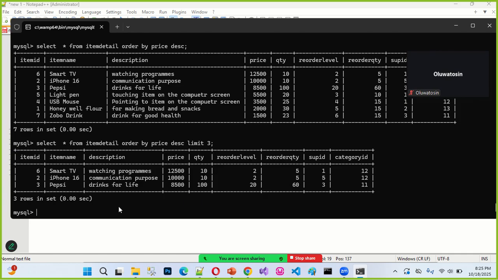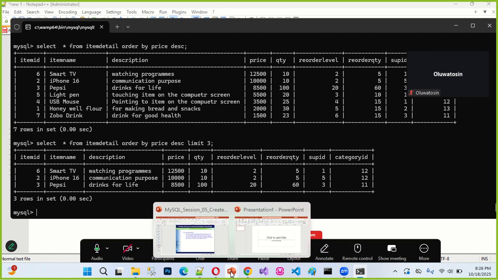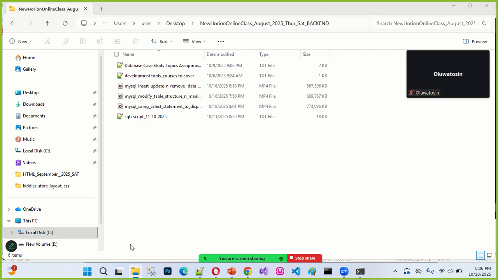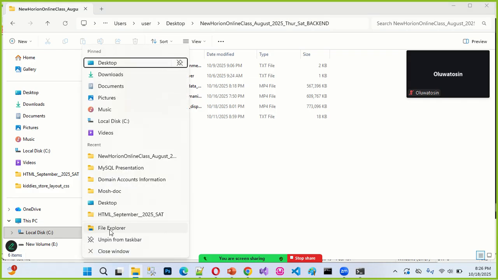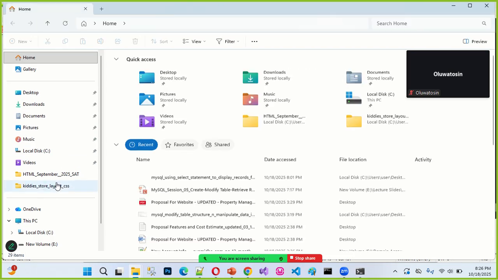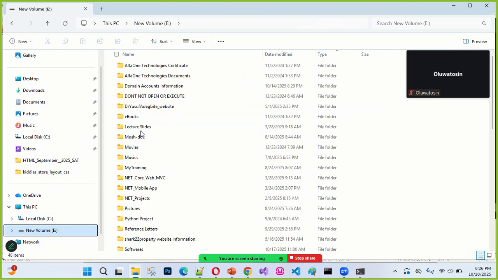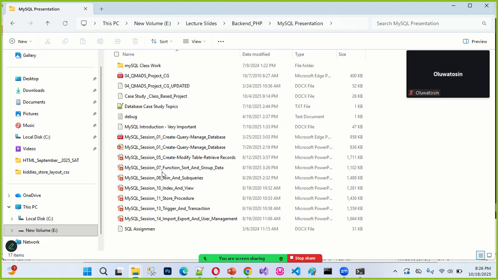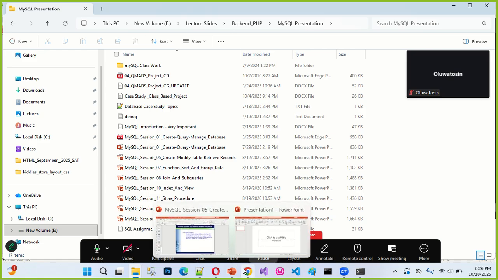So these are how we can use this particular select statement to retrieve some records from our database and perform some operations. In the next class, we are still going to continue with the select statement, but we are going to look at how we can use it to query records from multiple tables. That means we are going to talk about how we can use join and some other activities required in a database management system. We will look at functions, and at how to sort and group data in our next class. So that's where we are going to stop for now.